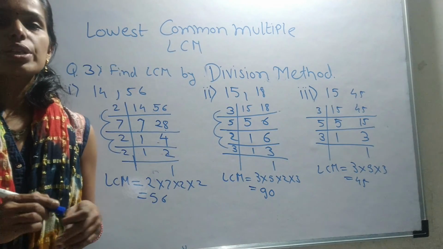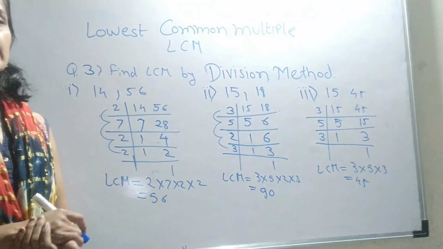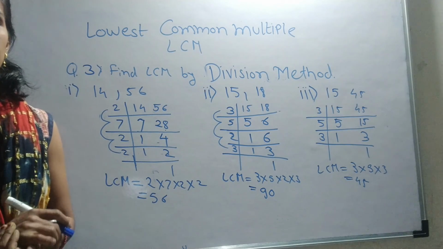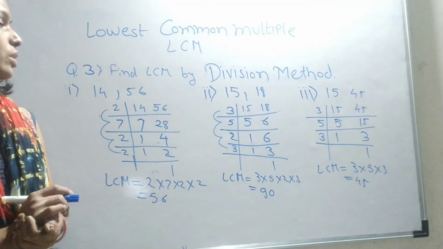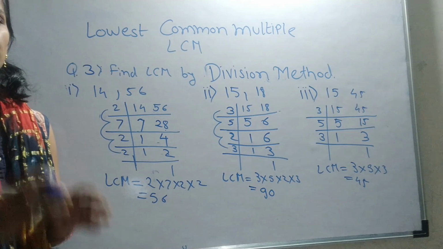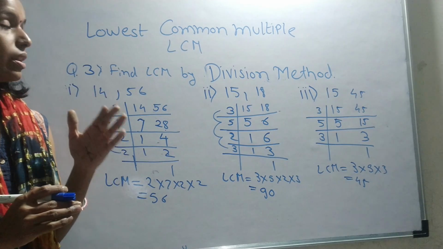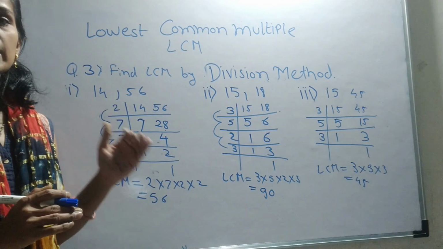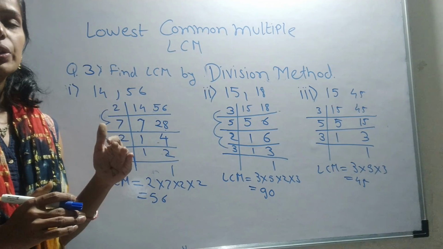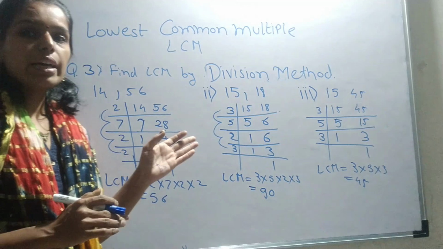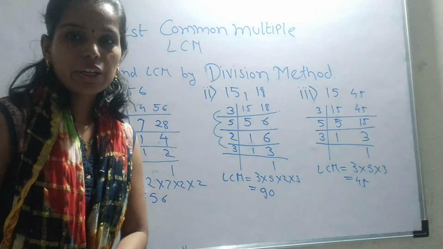It is such an easy method to find the LCM of given numbers. Let's solve some more examples to learn it clearly and to practice it very well in our next session. In the next session we will solve further examples. Till then, try to solve the remaining examples of exercise 5.4 question number 3.